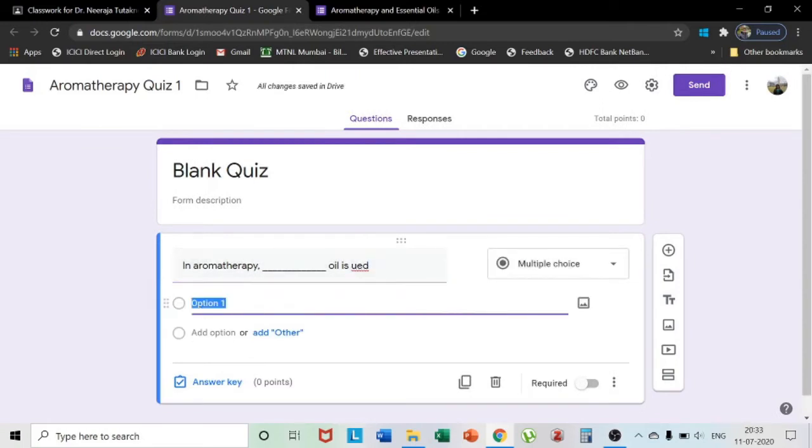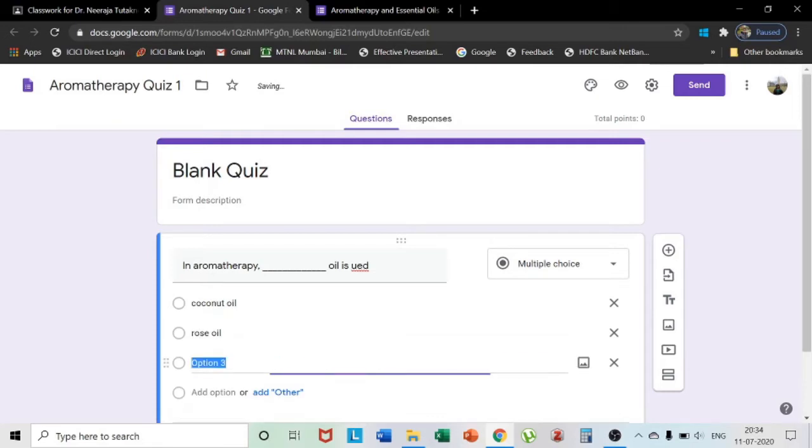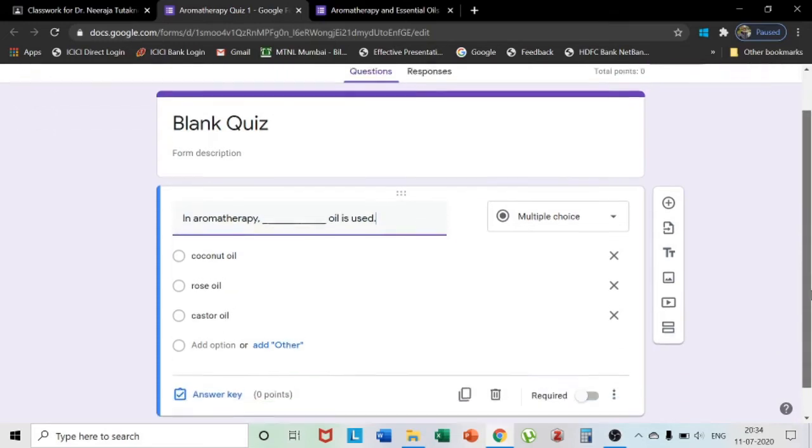You can give different options: coconut oil, rose oil, castor oil. Now this is a multiple choice question, and over here the correct option is to be chosen.